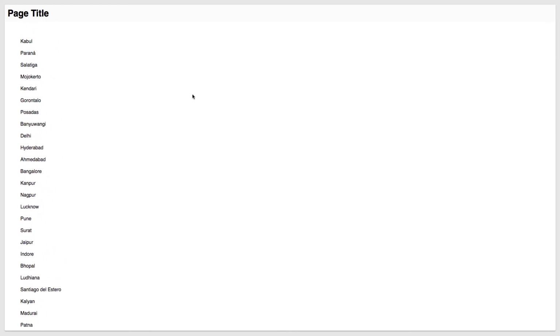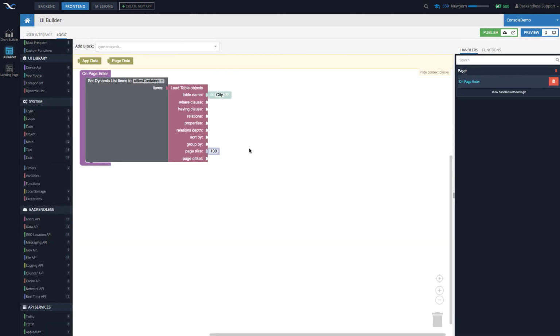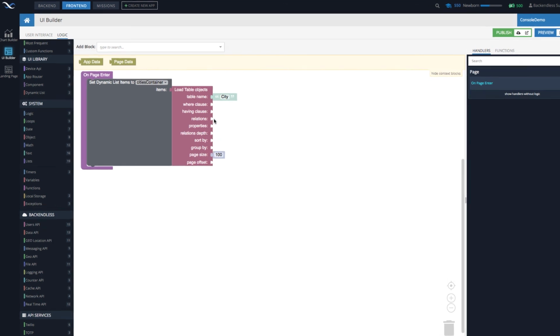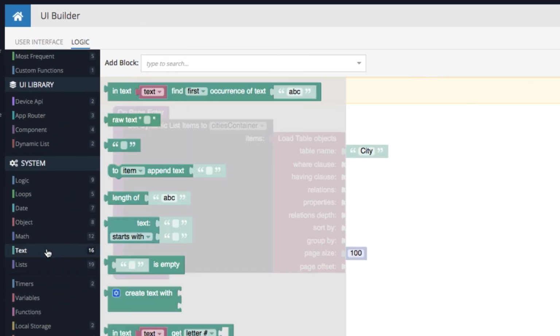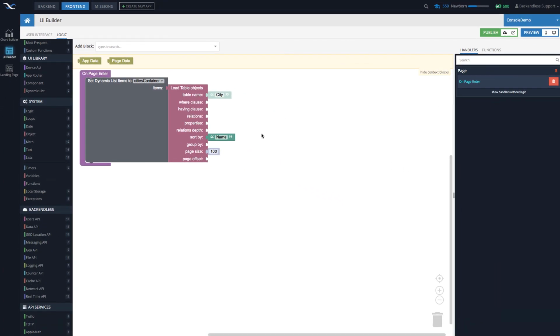So we already are making progress, but let's just modify our query where the data that is coming back from the database is ordered, because this block, as you can see, it has a lot of different input parameters, and one of them is going to be sort by. And sort by will take text, where here we can sort it by the name, which means that database will return all the cities ordered by name. Let's take a look what kind of change this will result in.